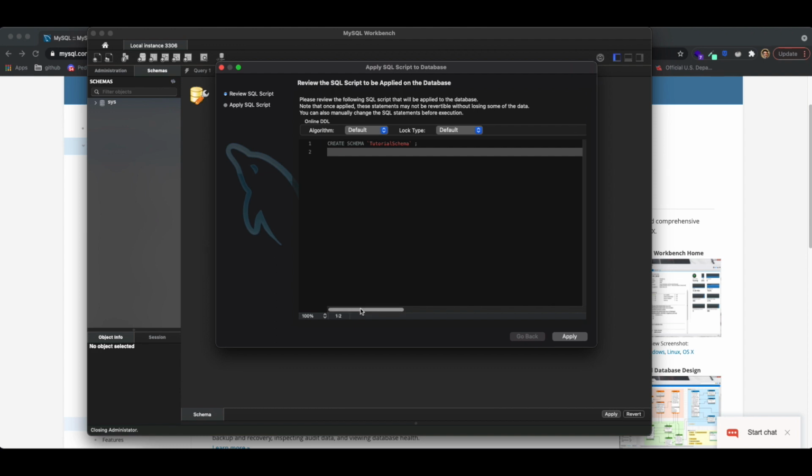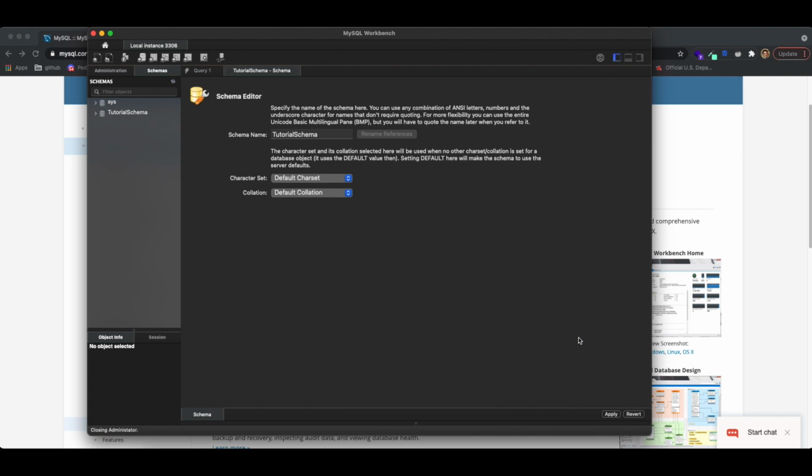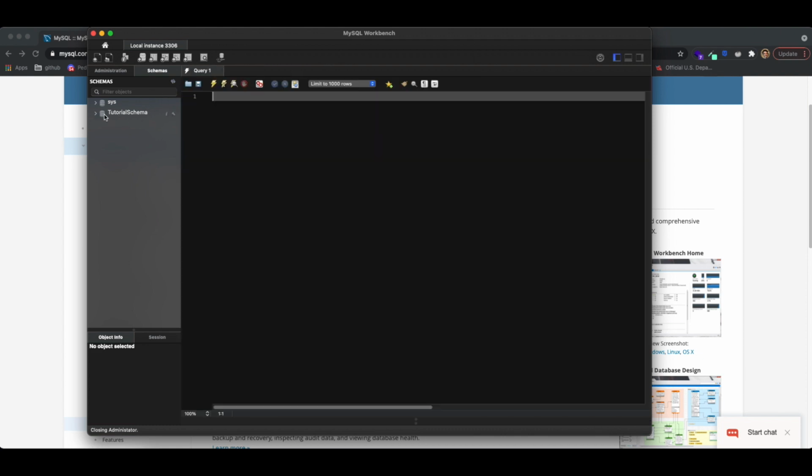So the whole point of MySQL Workbench is that you don't need to write pure SQL. It will generate the SQL script for you, and this is what it's actually generating when we try to create a schema. It looks nice, so I'll just click Apply, and you'll see that it will say Execute SQL Statements, and a green check mark means that it was successful. So I'm going to click on Close, and you can see clearly that the new database has appeared in our left panel over here. So when I open this thing over here, you can see there's many things we can have,